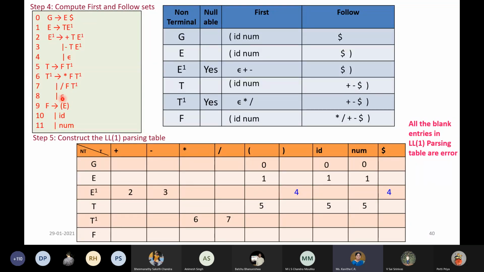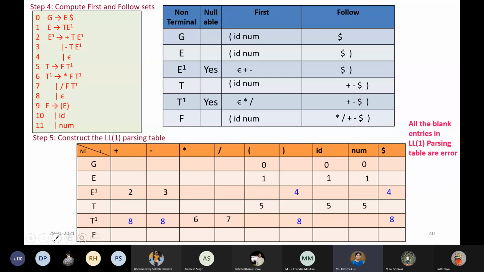Now to handle epsilon, you are going to see the follow set, which contains plus, minus, dollar and close parenthesis. So for all these, we are going to apply rule number 8, which is nothing but T dash gives epsilon. So that is done now.